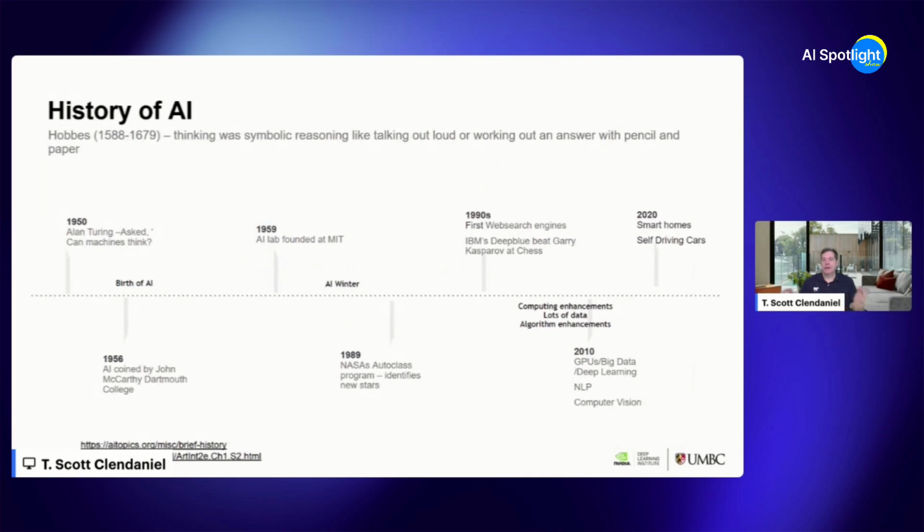Now, only 3 years later, there was an artificial intelligence lab at MIT. So most of us think of AI as something that just came around the corner. It goes back really far. They had an entire institutional lab at MIT in 1959. It goes way back. Now you'll see something on the timeline called an AI winter.